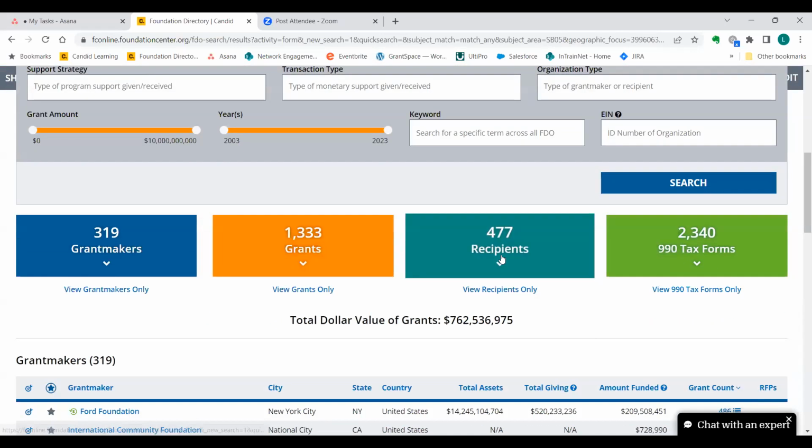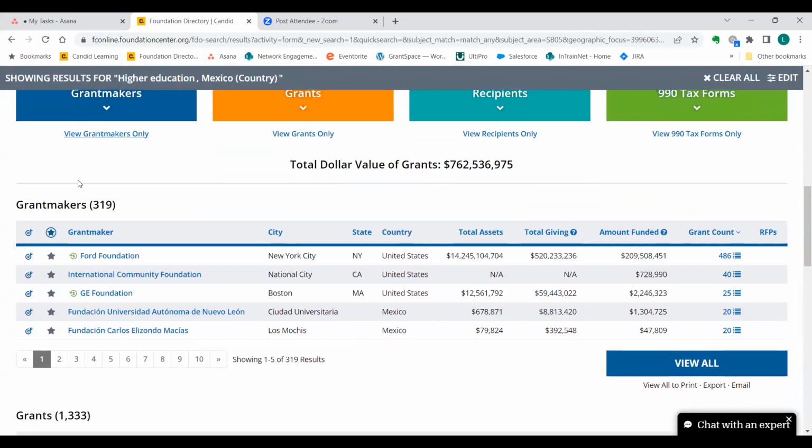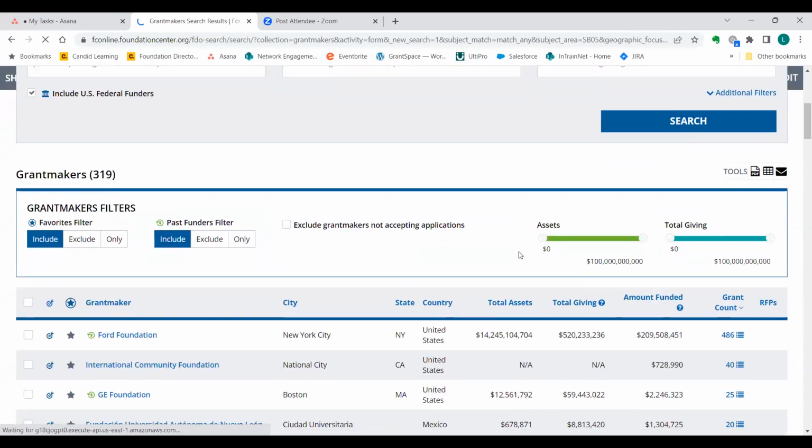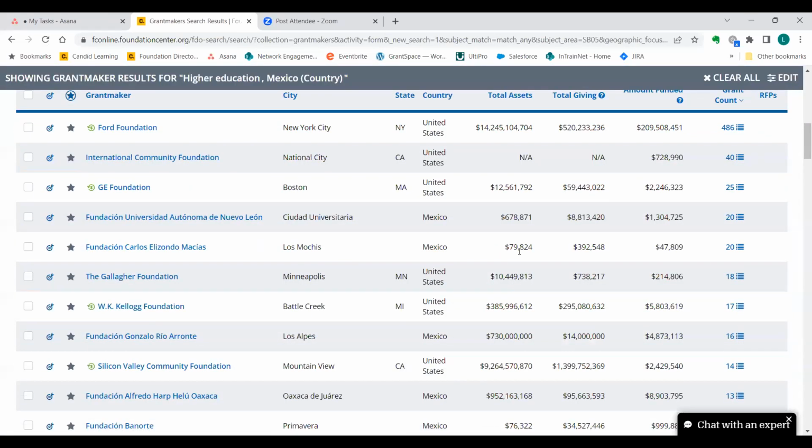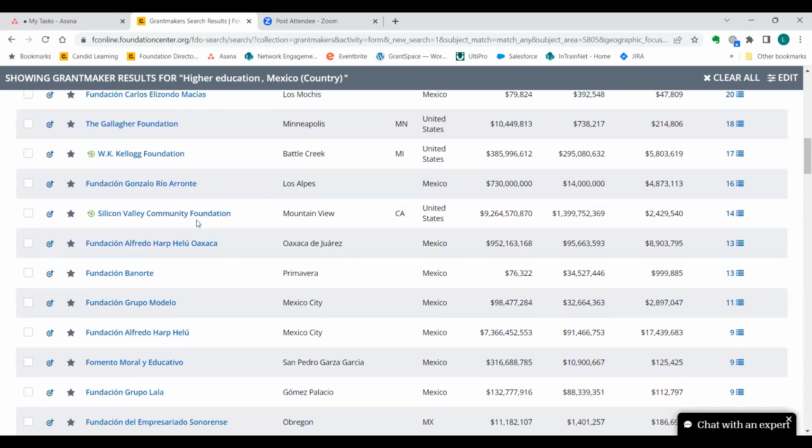Okay, so let's try higher education for Mexico. These are the three organizations. There are over 300 grant makers, and these are grant makers who would be interested in funding. What the directory really tells you is that these grant makers have made grants to higher education in Mexico, so you know that they have at some point made donations. These include,